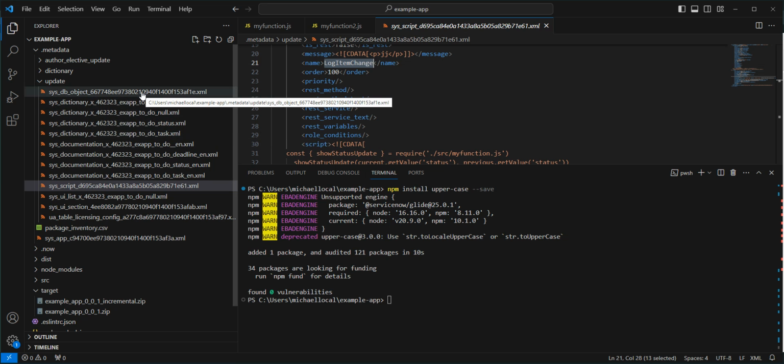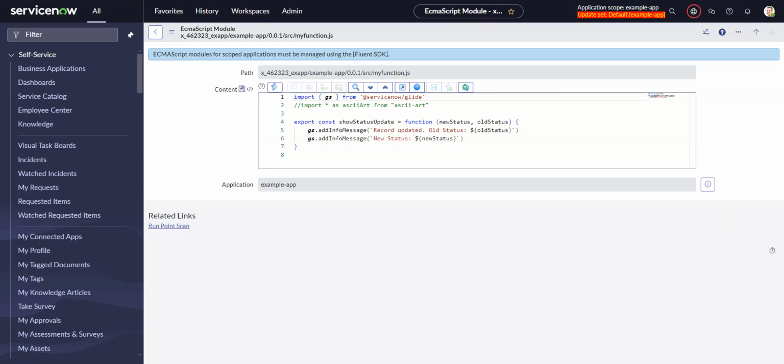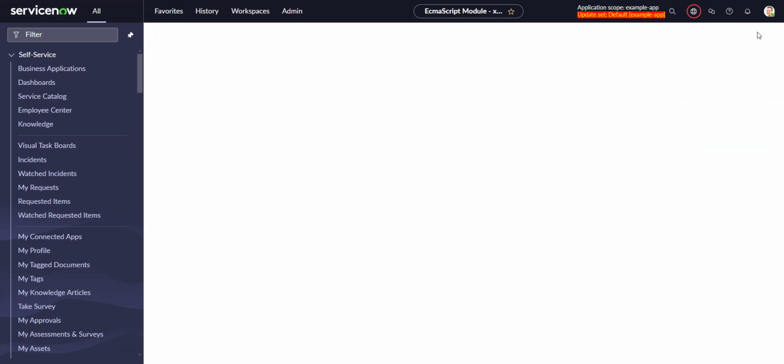I think this is the table, right? This is the business rule. This is the list. This is the section, the list view, the section, etc. So basically all the artifacts are in here in this update folder. And these are the same artifacts that if we go to the application and we go to the application record